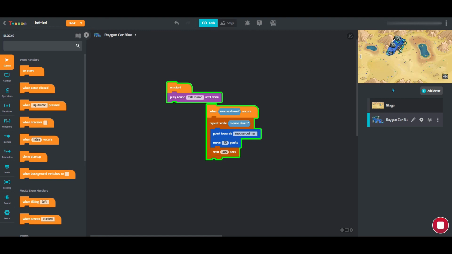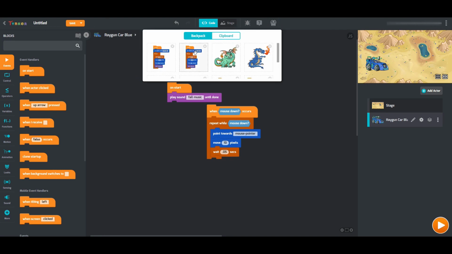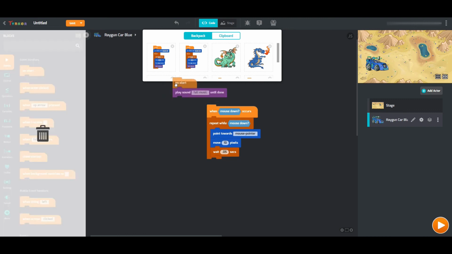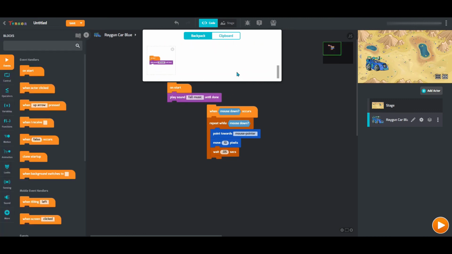And if there's anything you need to keep and you can't keep on finding the blocks, then there's the backpack. Say I need to backpack this, then you open your backpack and then you drag it inside, and it'll always be at the bottom. And if you don't want it, you can just